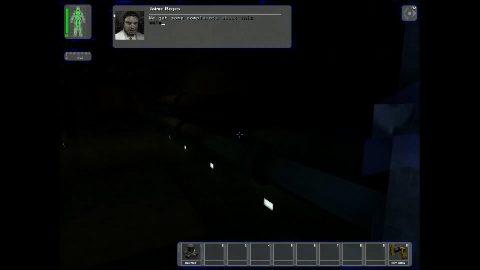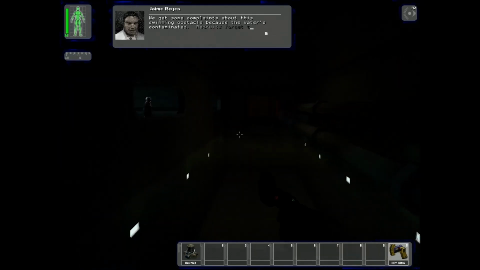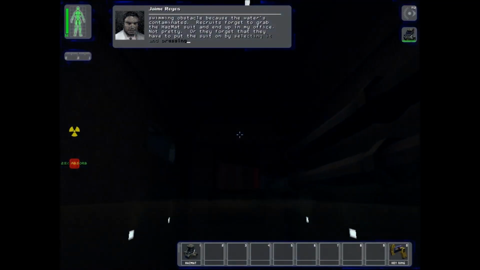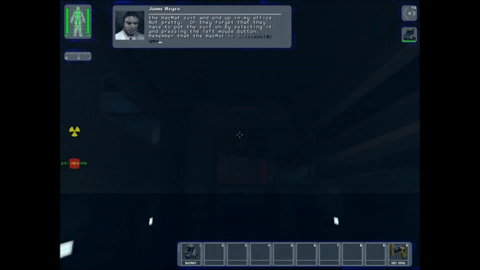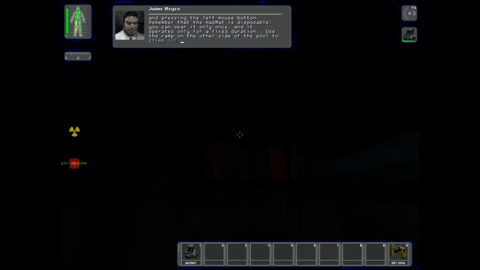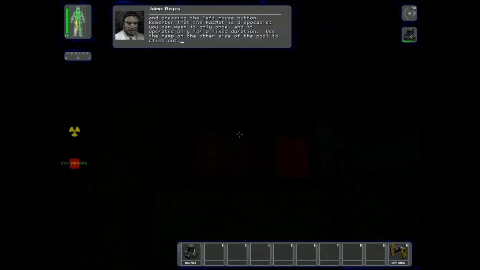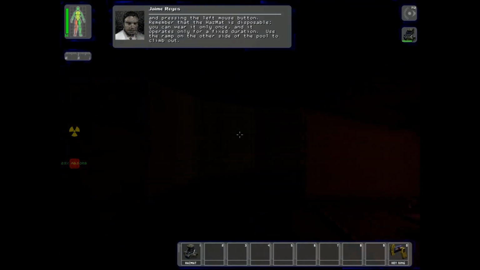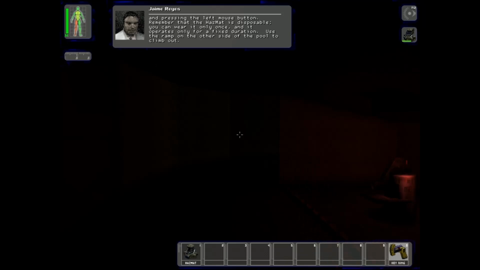We get some complaints about this swimming obstacle because the water's contaminated. Recruits forget to grab the hazmat suit and end up in my office. Or they forget that they have to put the suit on by selecting it and pressing the left mouse button. Remember that the hazmat is disposable. You can wear it only once, and it operates only for a fixed duration. Use the ramp on the other side of the pool to climb